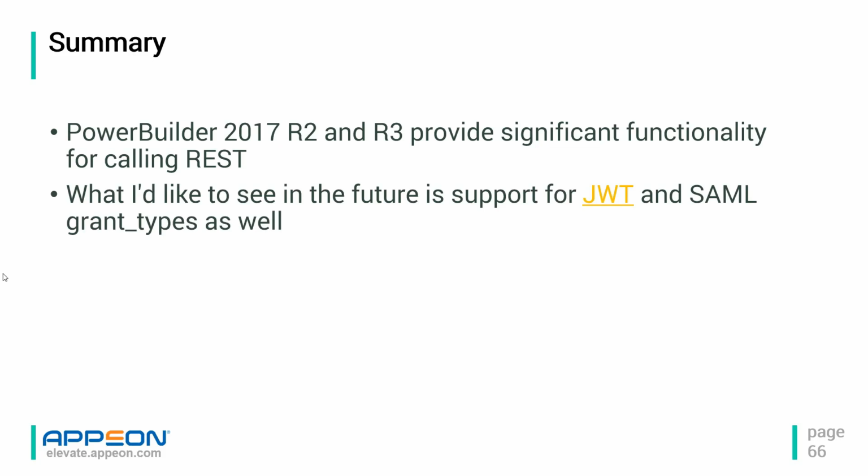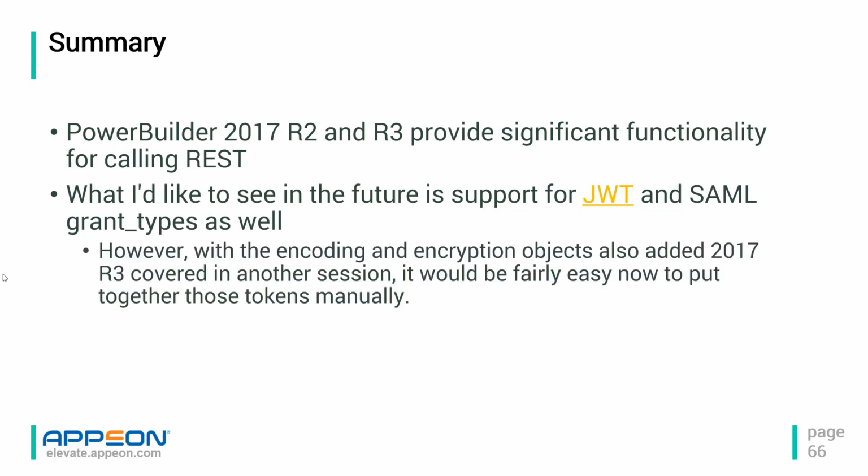I mentioned that client credentials was currently the only grant type that was supported by the OAuth client. One thing I'd like to see support for in later versions of PowerBuilder would be support for JWT, which is JSON Web Token, or SAML, which are a couple other grant types that are real popular, rather than just the